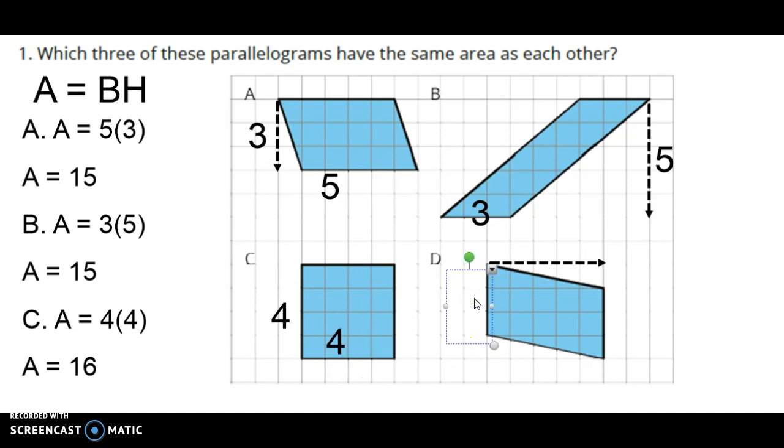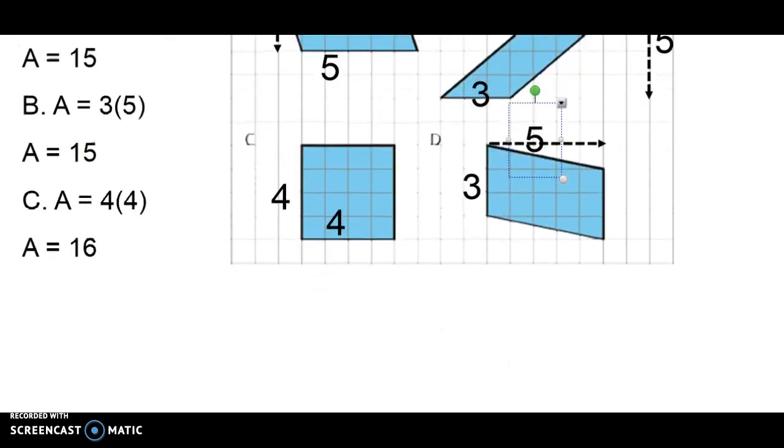So that's going to be 3. I'm going to kind of look at it sideways. So then my height is going to be 1, 2, 3, 4, 5. So my height for D is 5. So let's scroll down, just make sure we have some space here. So for D,